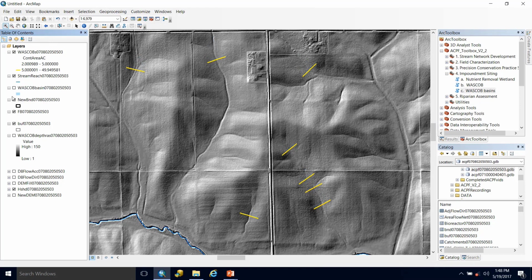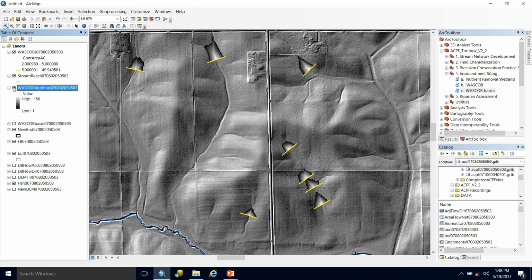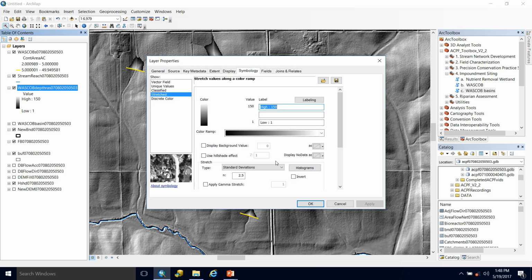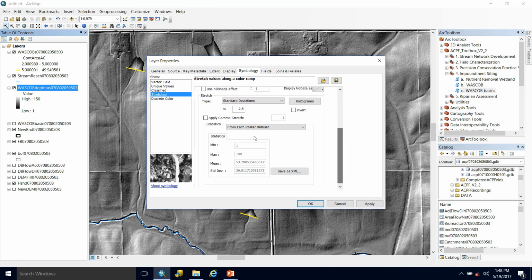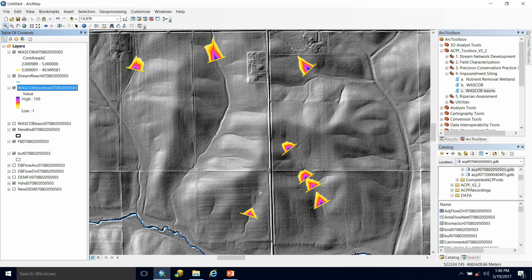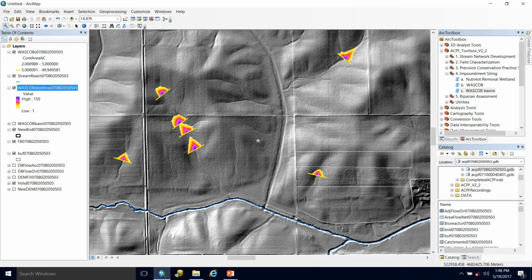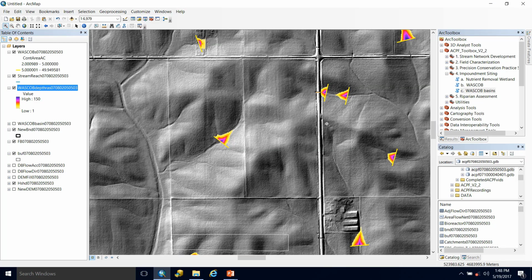And then what I find to be more valuable output is the WASCOB depth ras that I chose to create. So I can turn that on. I'll go into the symbology and add some color, make it look nice. Got standard deviations that I'm going to do from current display extent, hit apply. Okay, and now we get an idea of the actual structure of that basin, where the deepest point will be, how much of it is going to be shallow, things along that nature.